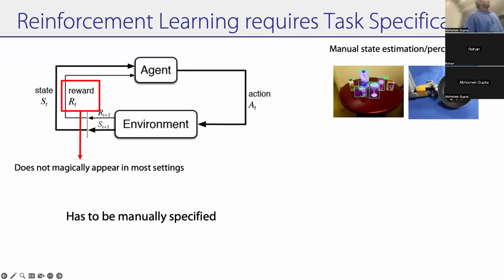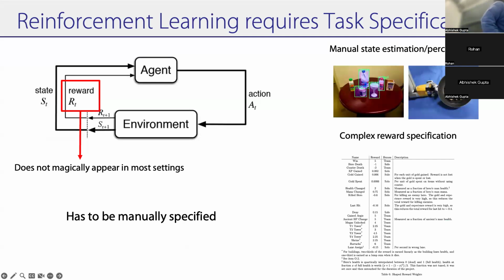It has to be manually specified. So for instance, in robotics problems, you might detect where the objects are. You might have a pose detector, or there's an example from one of Jan Peter's papers where they do pancake flipping. You can see they have markers on the pancake and they tell me where exactly it is. And so once you know the state of the objects in the world, then you go and write a super